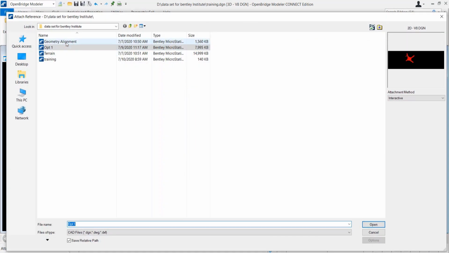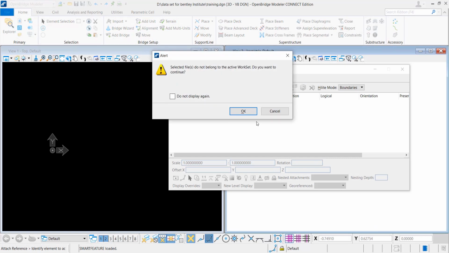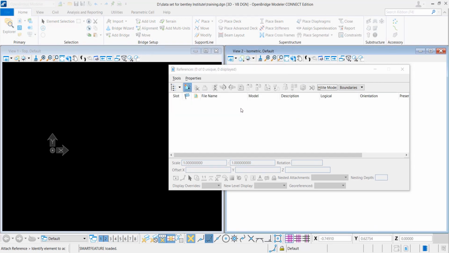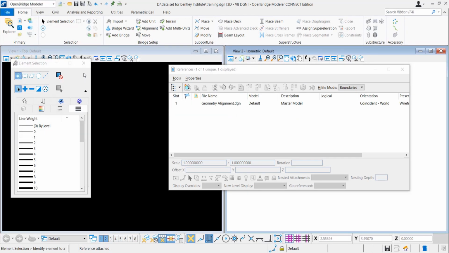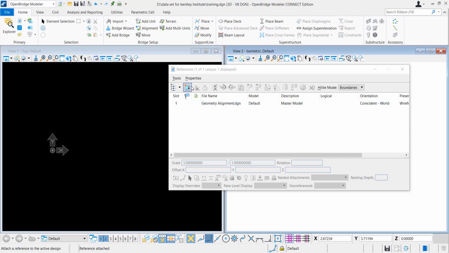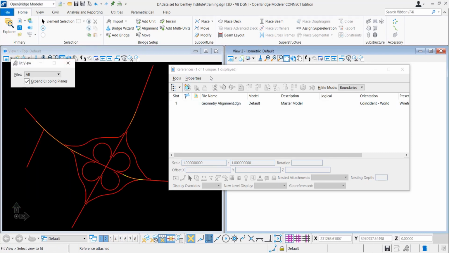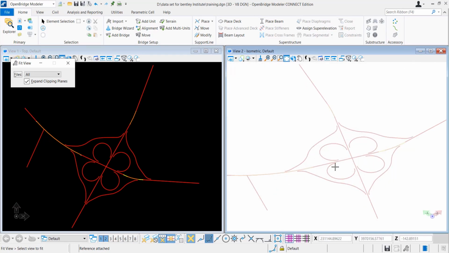We will attach all these three files, and the method would definitely be coincident world. And here you can see that we are attaching the files, right? So you can also visualize by fit view how it attaches. So these are two views, one is the plan view, another one is the isometric view.